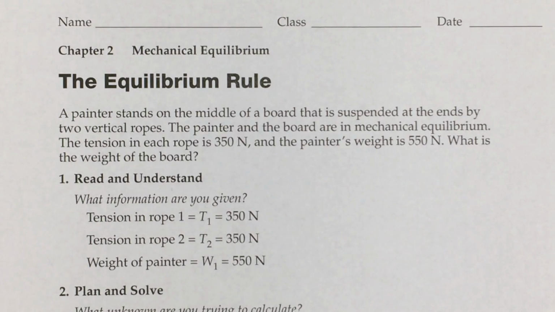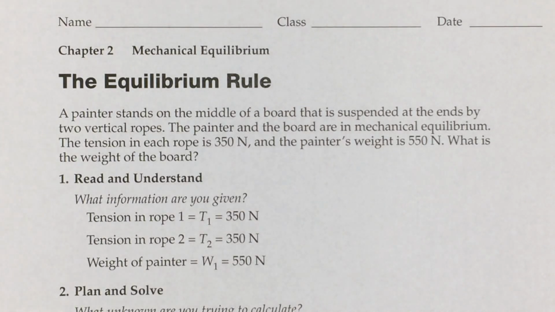Okay. Now you can have a moving object that's in equilibrium as long as there are no forces acting that are not balanced. So equilibrium really is not motion so much. It's forces. The forces acting, pushing or pulling on an object, are balanced. They're equal. Whatever is north and south is equal, whatever is east and west is equal, and everything cancels.